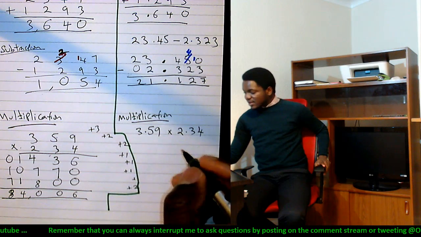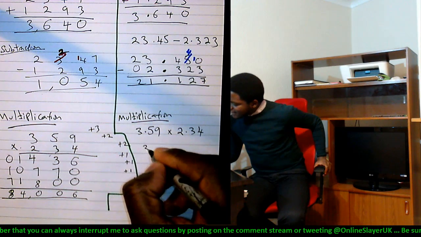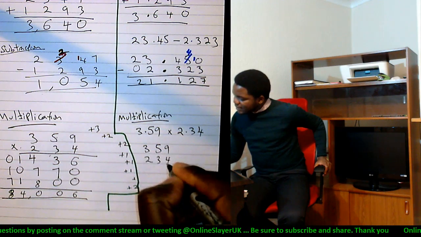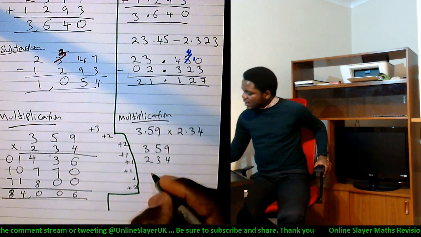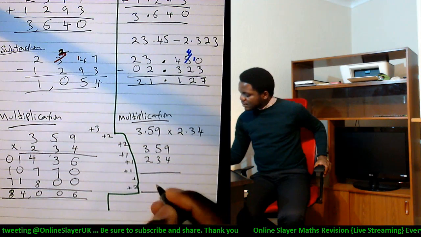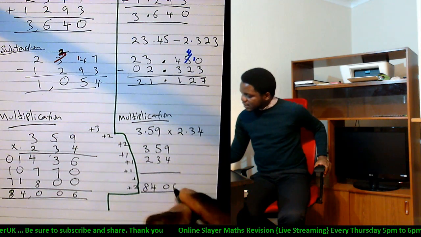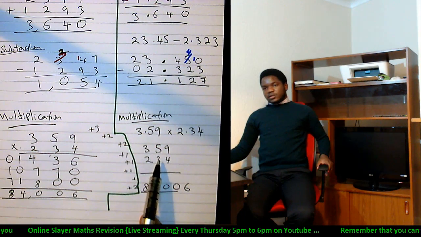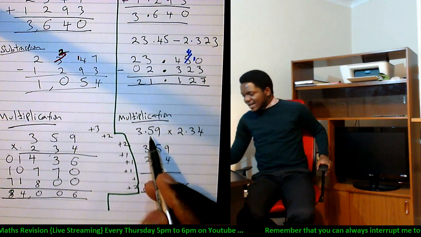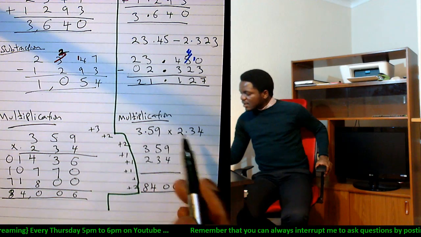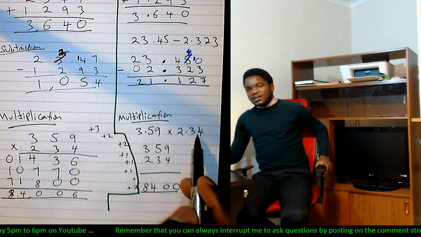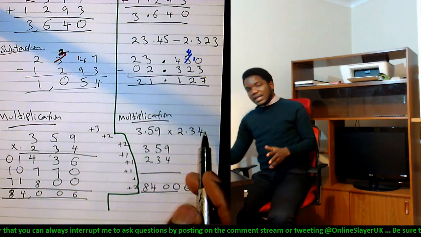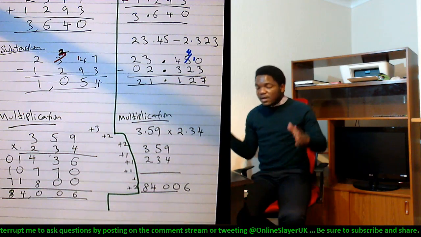Actually, it's the same thing. You're just going to multiply exactly as if it were not a decimal number. You're just going to multiply it the same way we did this one, and you're going to have your answer at the end to be 84006. Notice I have not brought any decimal into the question yet, but the question had 2 decimal places here and 2 decimal places here. Total number of decimal places is 4. So that only tells me that my answer should have 4 decimal